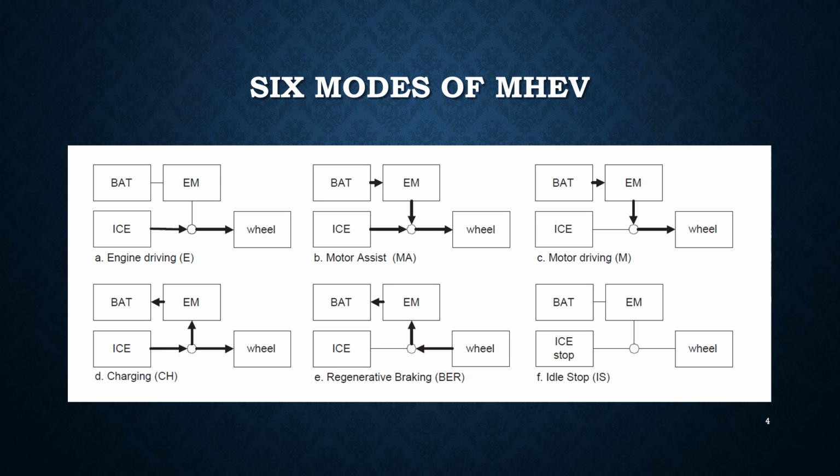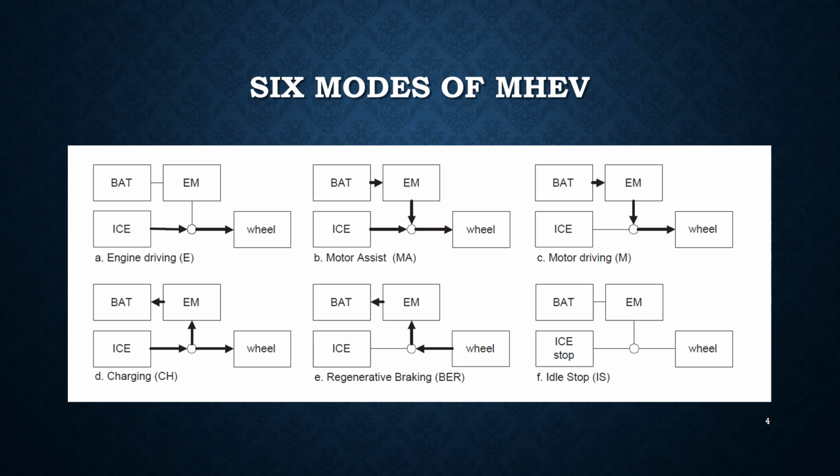These are the 6 operating modes of a mild hybrid electric vehicle. The first one is the engine driving mode, in which the engine is supplying power to the wheel, and the second one is the motor assist mode, in which the battery and the engine are supplying power to the wheel, and the third one is the motor driving mode, in which the battery is supplying power to the wheel, and